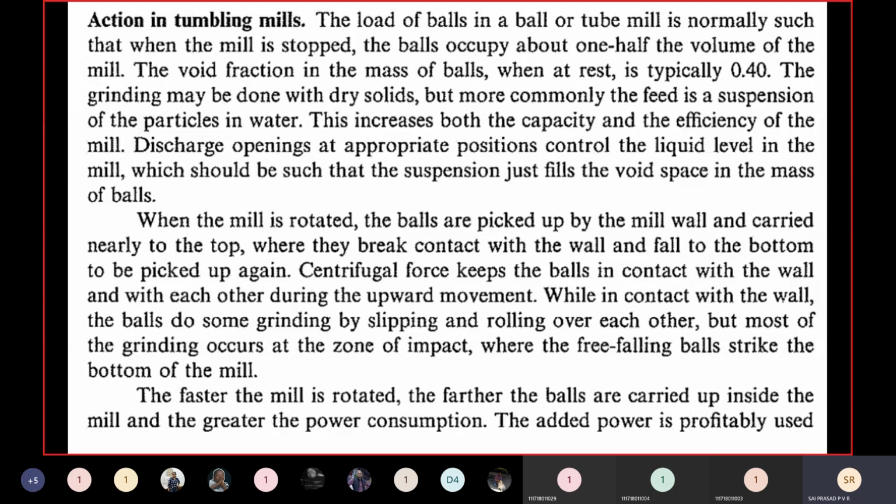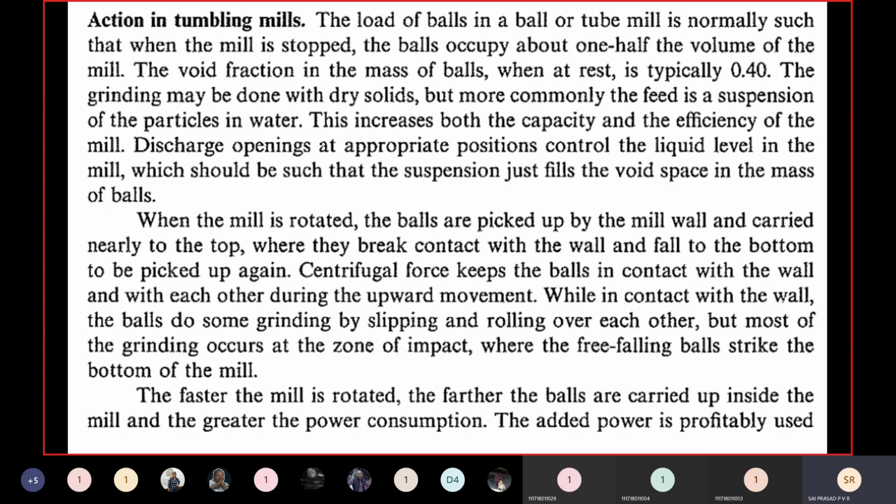In the cylindrical portion, when it is rotating and you keep a grinding medium there, what will happen? The grinding medium rises to a certain height and then rolls down. In the next cycle you increase the RPM of the shell. Again the grinding medium rises to a certain height and then falls down. You increase the RPM up to such a state that the grinding medium rises to the top of the shell, and there it detaches. Why does it detach? Because the centrifugal force will be less than the gravitational force.